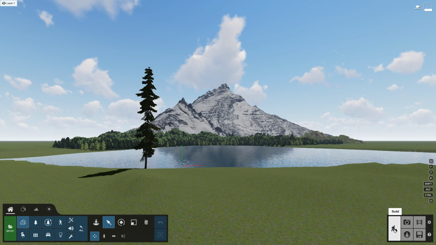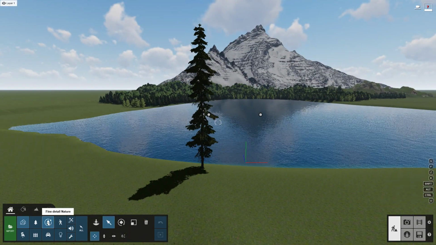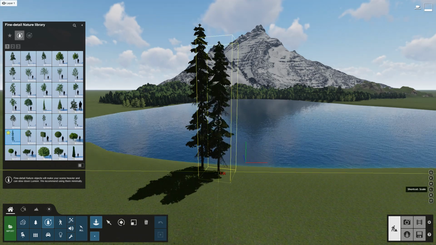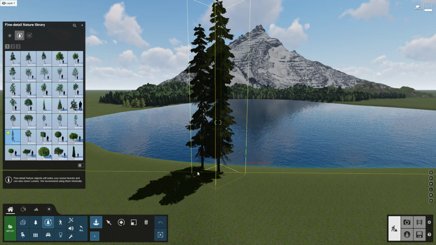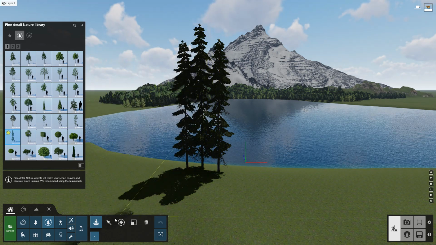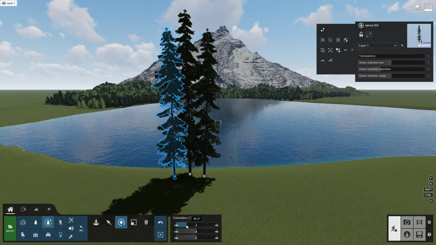Now let's go back, and let's come on over here to this tree. And let's add another one right next to it. Oh, this one is a bit too small, so let's make it bigger. And let's have a third one here. Oh, this time it's too big, so let's make it a little smaller. And there we go. Maybe for the trees on both sides, we can have them a little bit slanted like so.